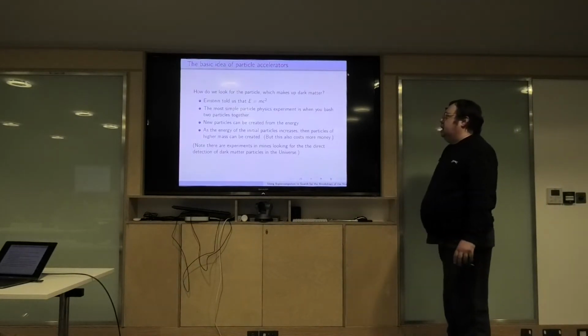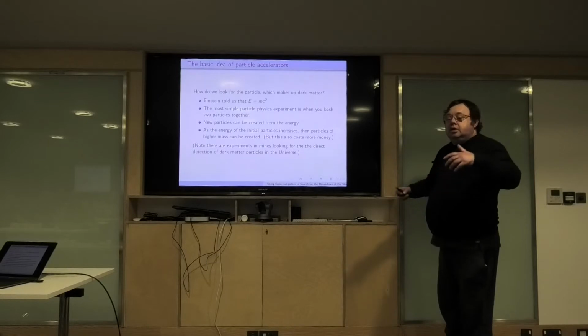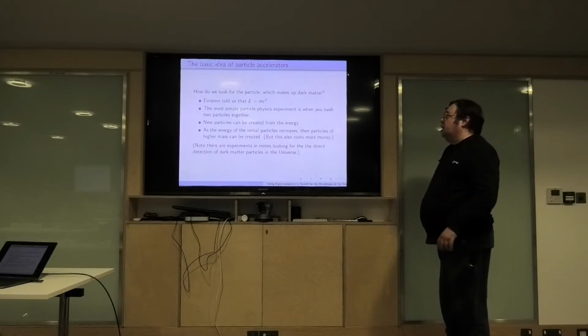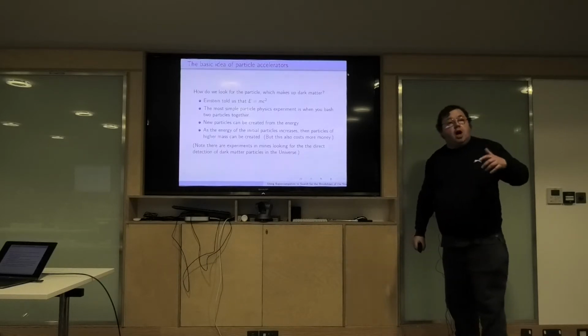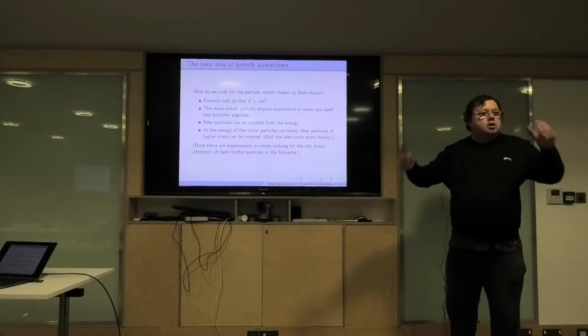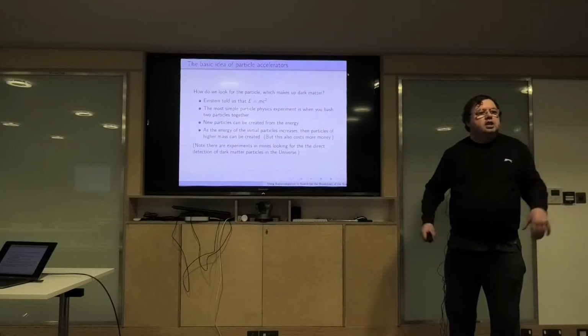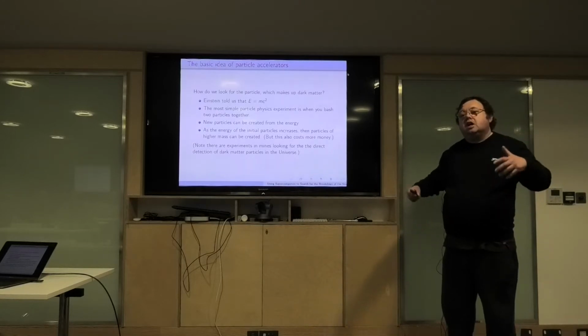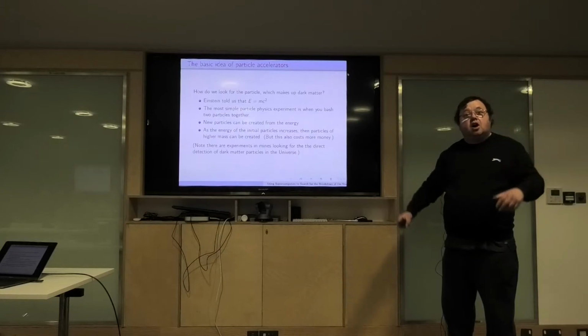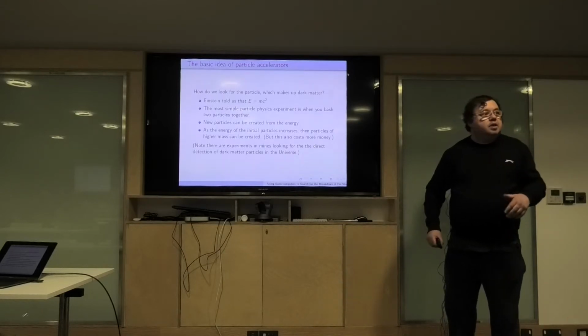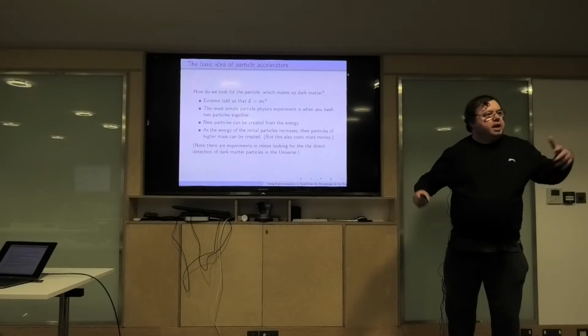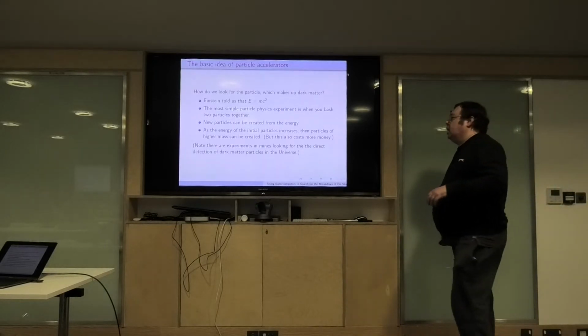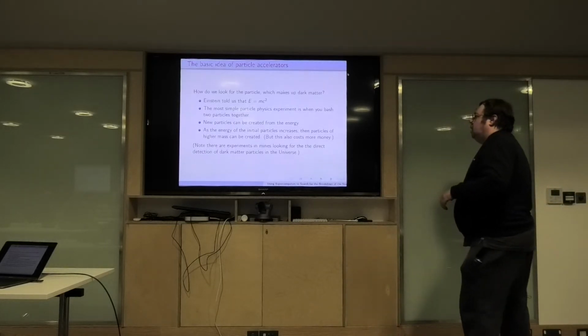Einstein told us that E equals mc squared. You can convert mass into energy. So the simplest particle experiment is you bash two particles together, convert them into energy, and from the energy you can create new particles. And perhaps in an ideal world, the new particle would be the one that explains the dark matter, the stuff we don't know. So that would be the goal, and somebody gets the Nobel Prize. Fortunately not me, but that would be kind of cool.